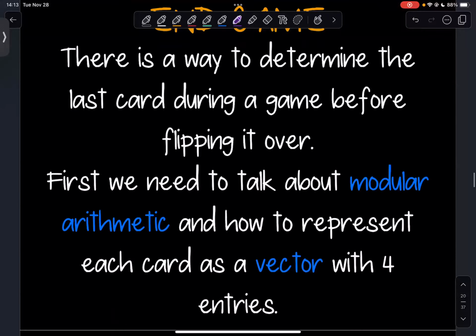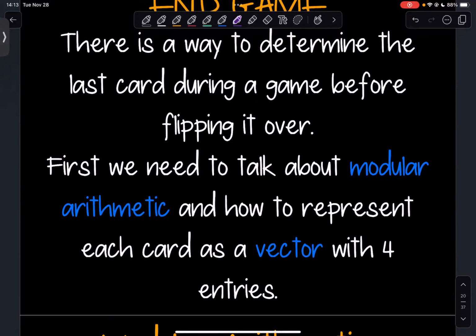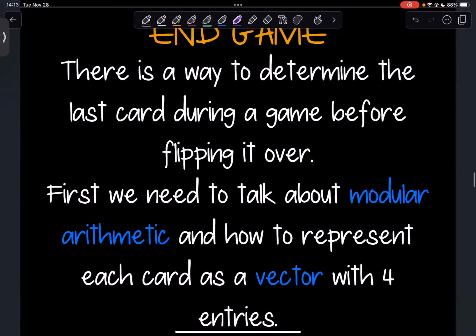Okay, so what we need to do is talk about what modular arithmetic is, and then decide through that how we're going to represent each card as a vector. So we're going to represent each card as a vector with 4 entries, 1 entry for each characteristic, and we're going to give a value for every single attribute within that characteristic. And that's where our modular arithmetic is going to come into play. We can think about adding the vectors, and then mod 3, one thing is always going to be true if you're looking at a set. If you're looking at 3 cards that make a set here, but we'll go into more detail there.